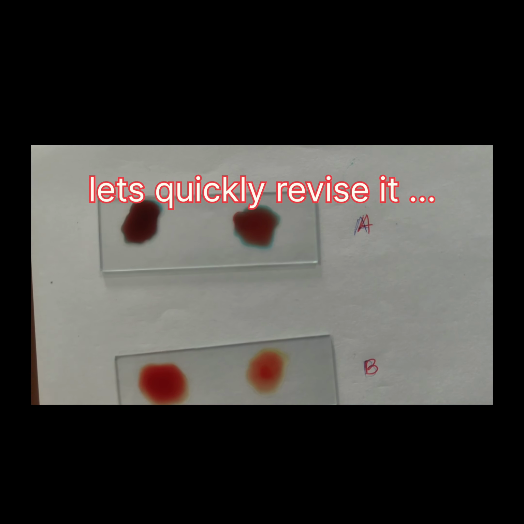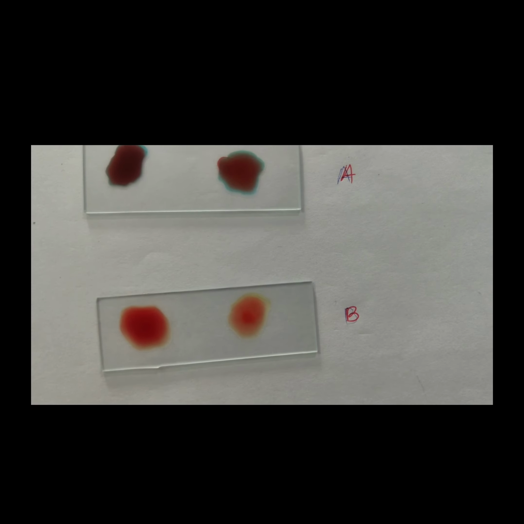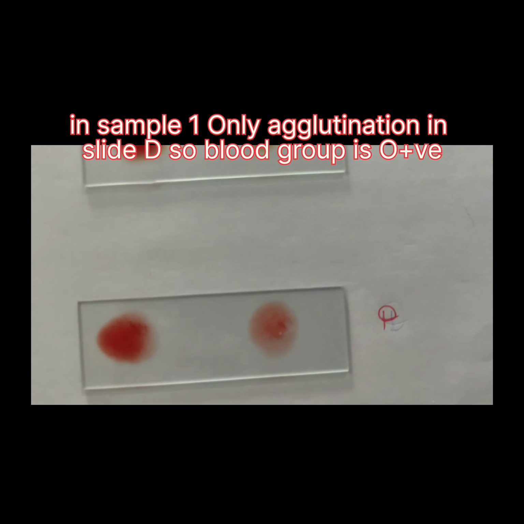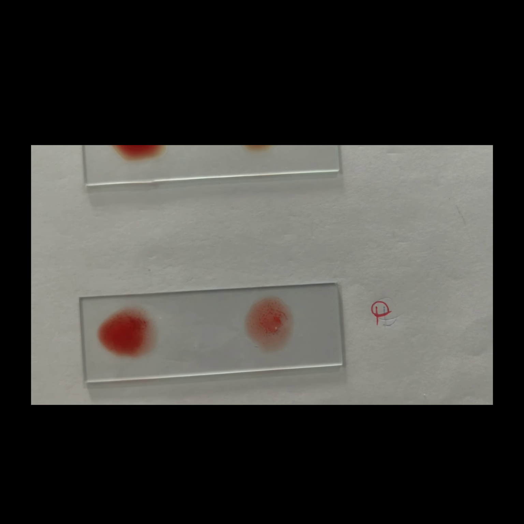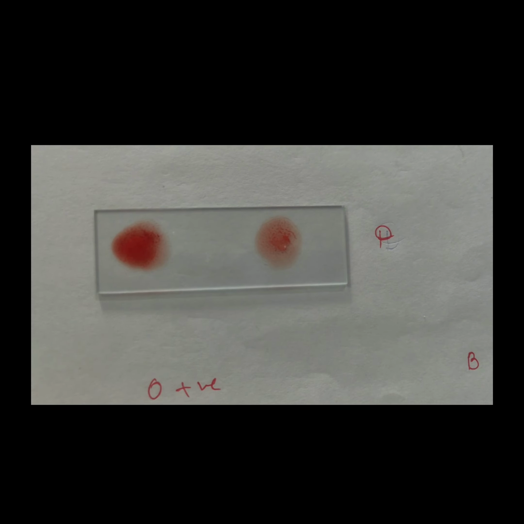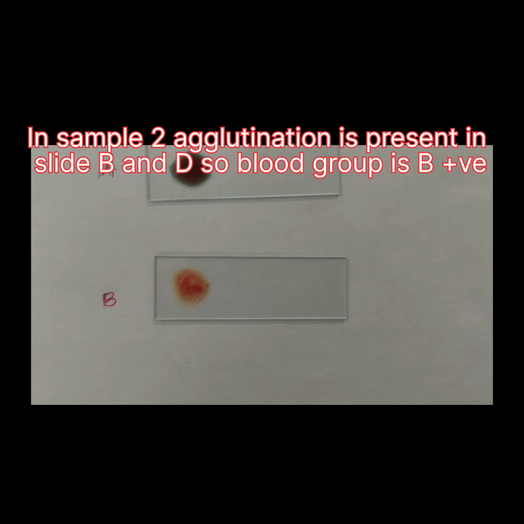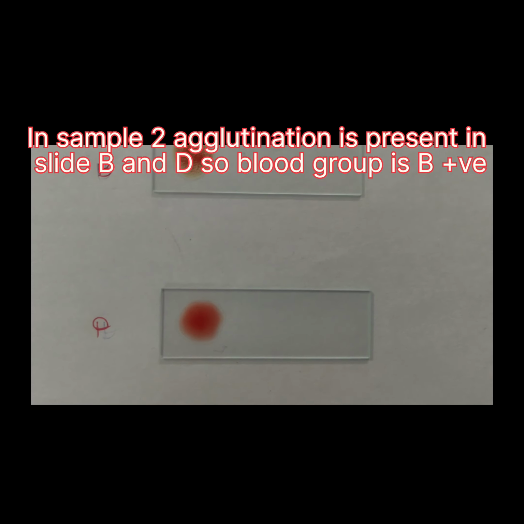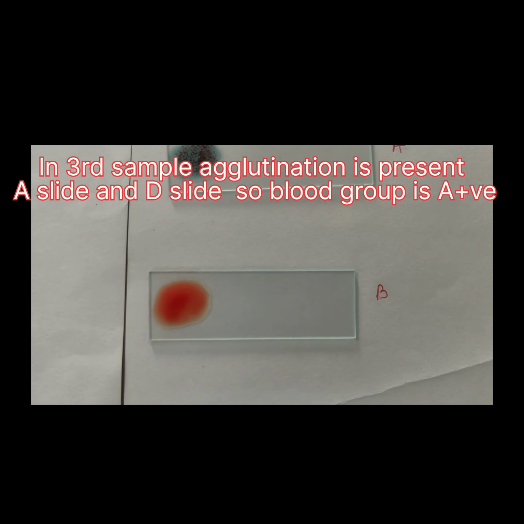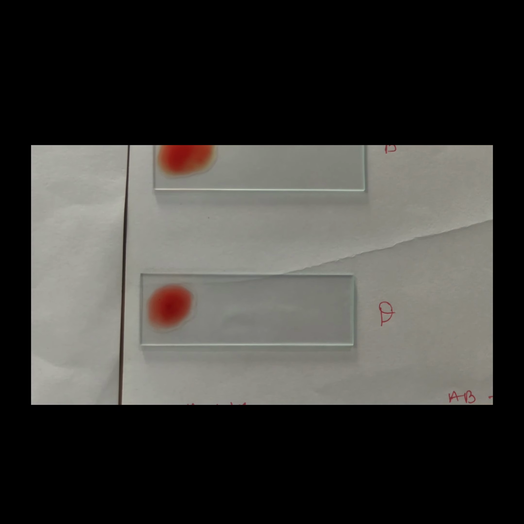Let's quickly revise it. In sample 1, there is no agglutination in slide A and B and only in D. So the blood group is O positive. In sample 2, there is agglutination in slide B and D. So the blood group is B positive. In the third sample, there is agglutination in slide A and slide D but not in B. So the blood group is